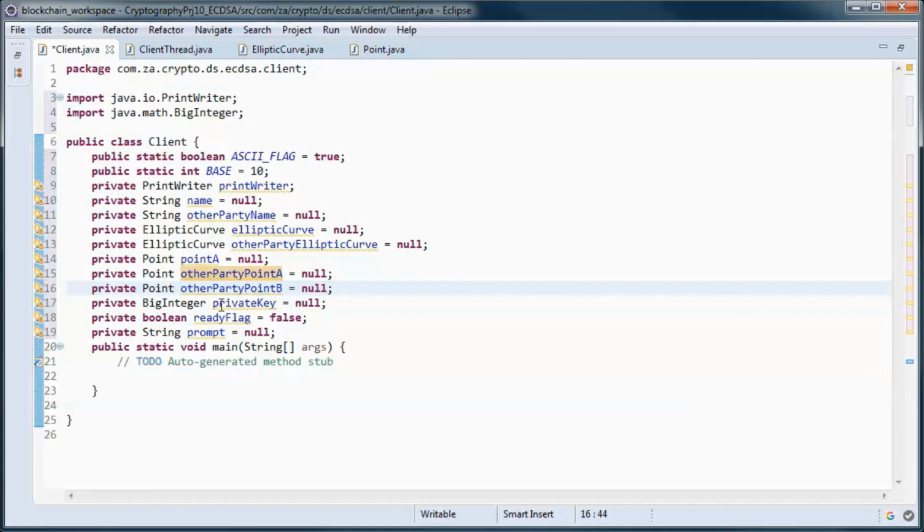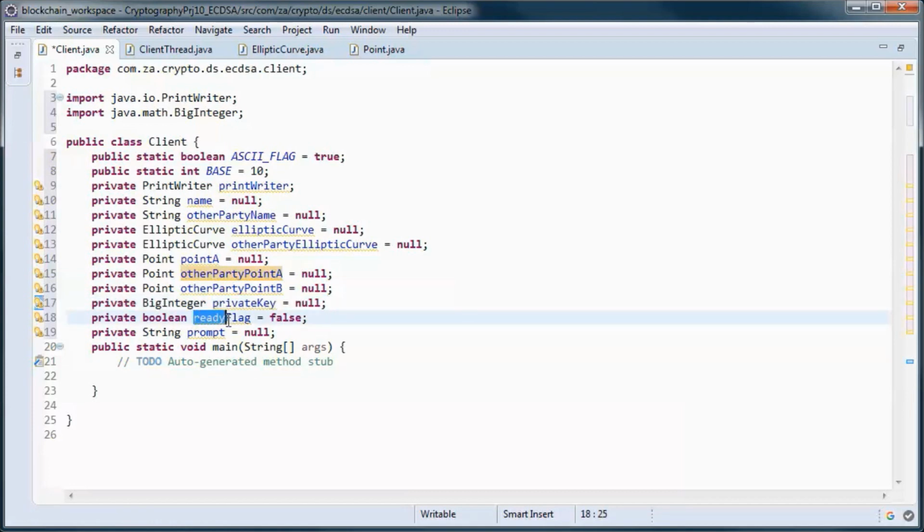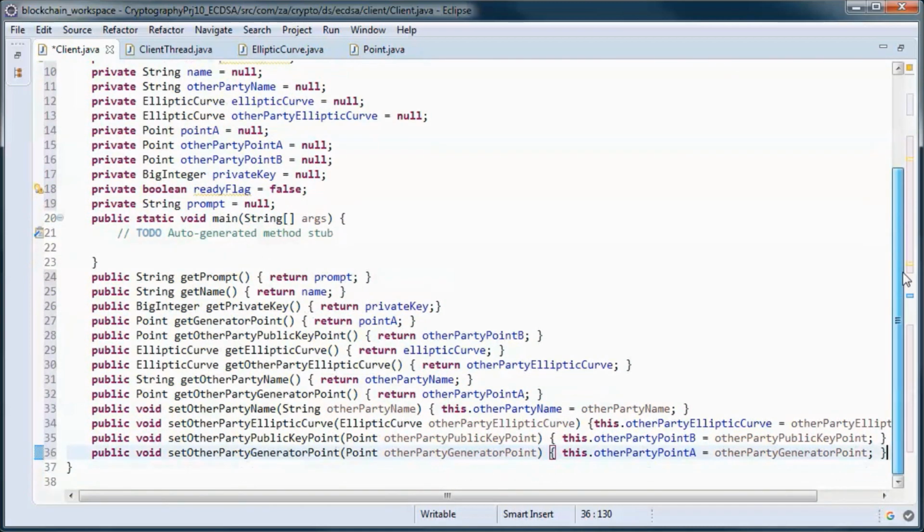And also we keep track of the private key for this user, and if we are ready to send and receive messages. And those are get and set methods.